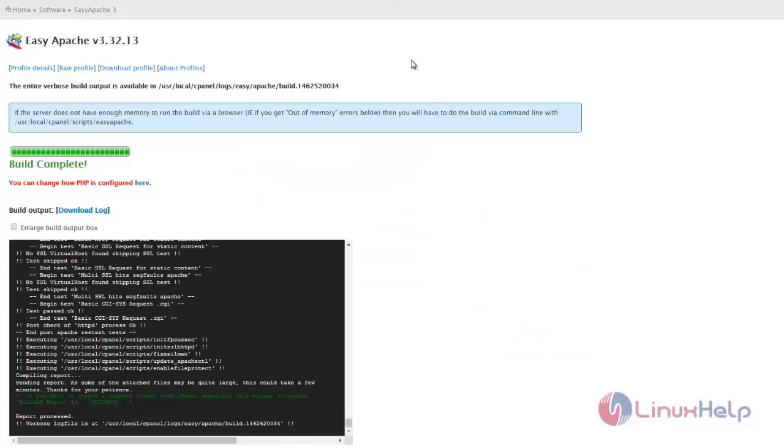Thus PHP configuration is also saved. So both Apache and PHP is configured and built to the